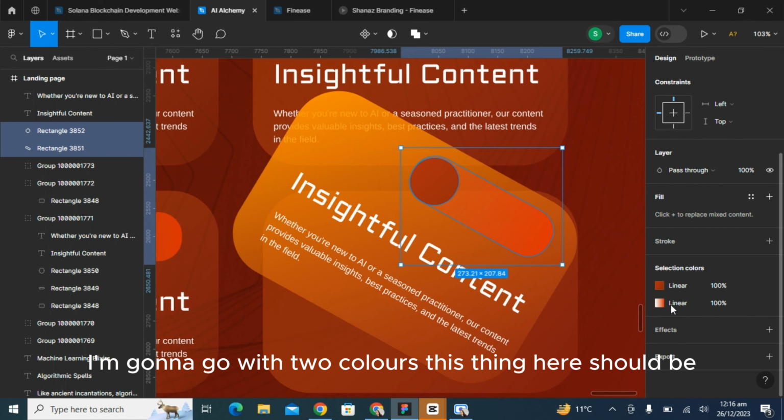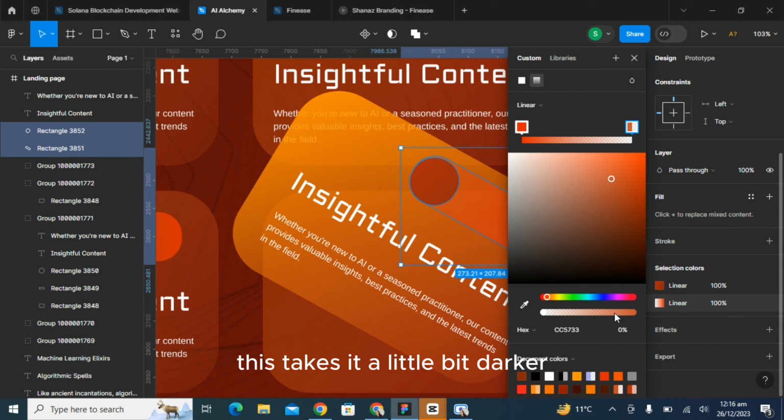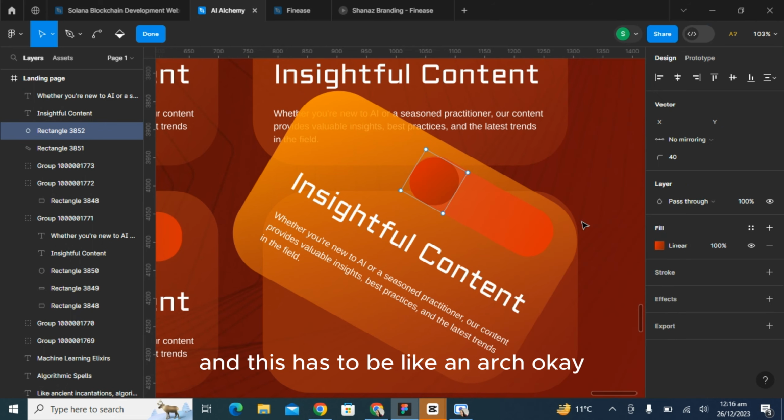I'm gonna go with two colors. This linear should be, this text is a little bit darker, and this has to be a little orange. Okay, now I'm gonna